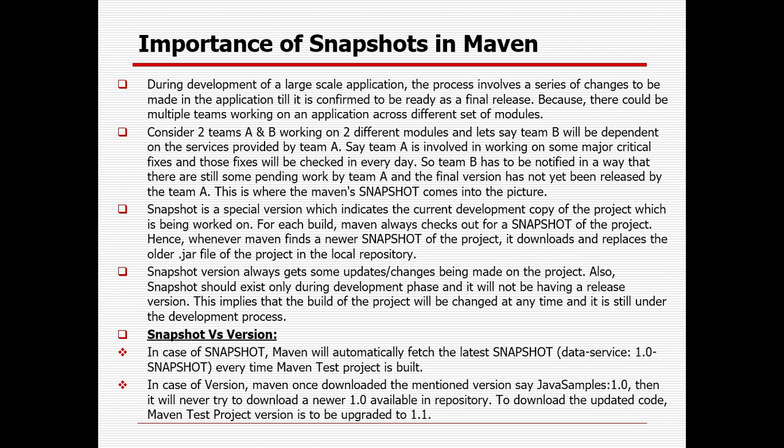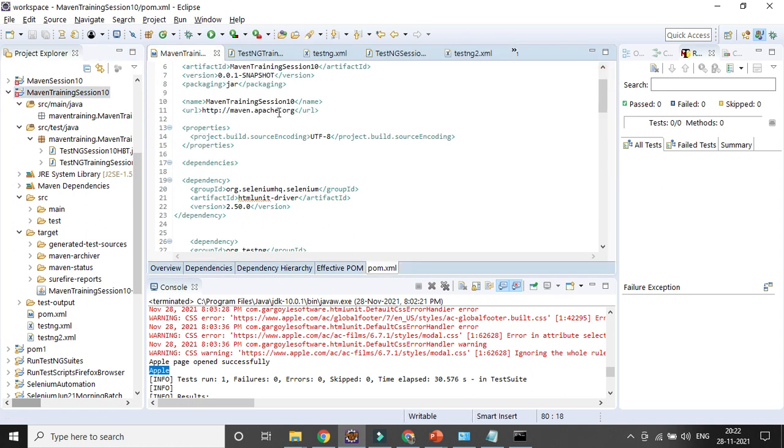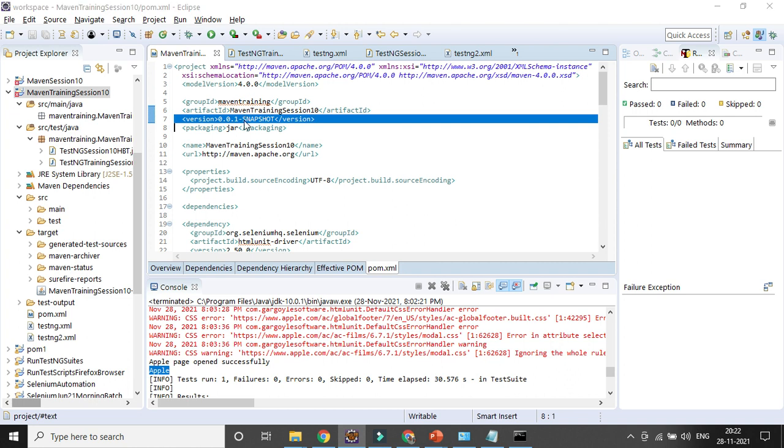That is the reason as and when you are creating a project, you can see here a snapshot coming. So every time it is changing, it is not a fixed version, your project is getting updated, the repository is getting updated. You can see the project version is a snapshot version. So that is the concept, you will be getting it only when you work with Maven, not in other projects.